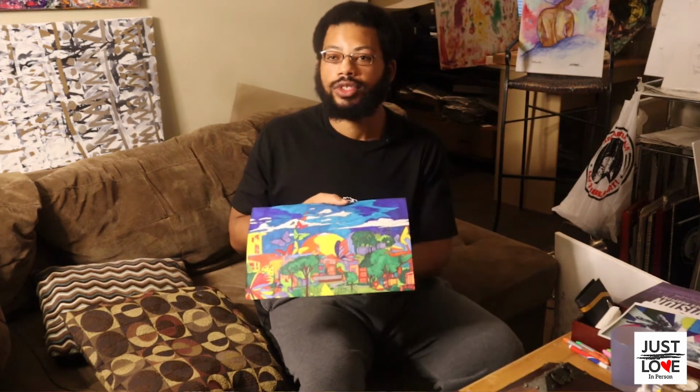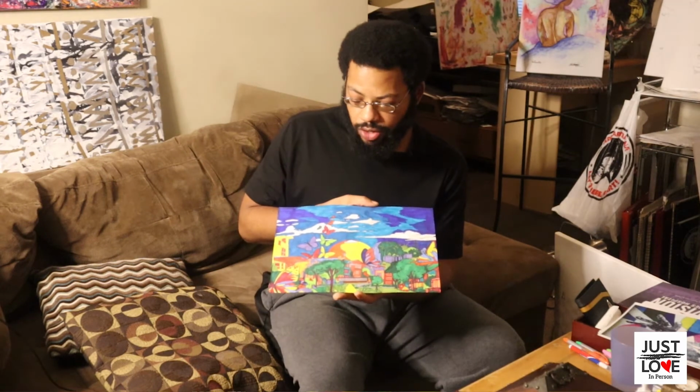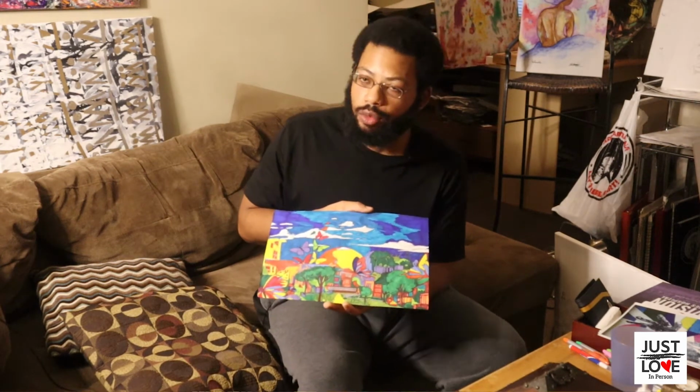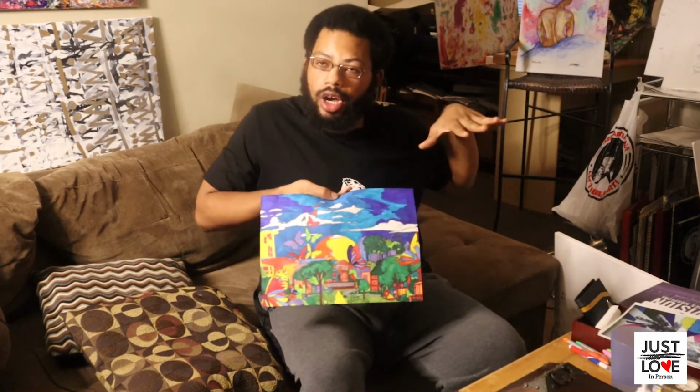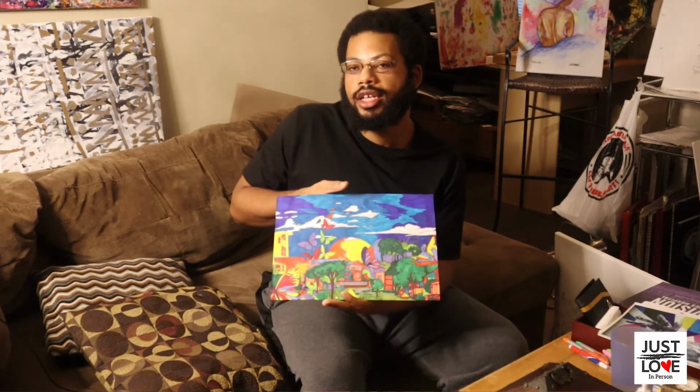It used to be Section 8 housing. Now it's some of the most beautiful real estate I've ever seen. And they invited me to do a mural, and I decided to make a paint by numbers mural. So I did the outline. We put the mural up on a canvas outside, and then they had a reunion day, like a community day